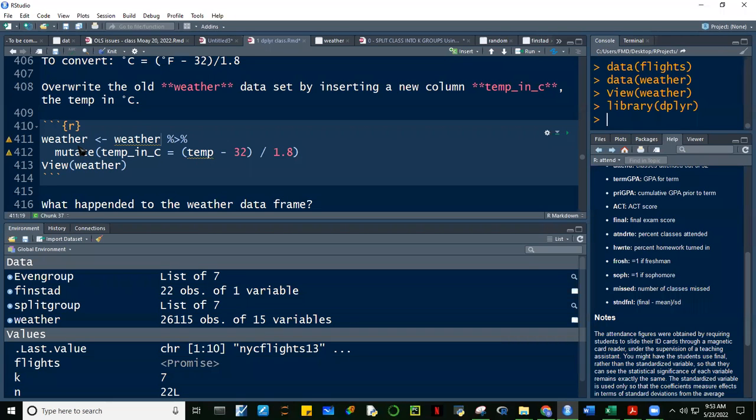So this code chunk creates the weather data frame, and it starts with the weather data frame, and then we're going to mutate. So alam natin ang mutate, guys, it creates another variable. And the name of the variable is temp in centigrade, and it's equal to the temp variable in the weather data frame, and then just the formula for converting Fahrenheit into centigrade, minus 32 divided by 1.8. Okay, so if we run this,